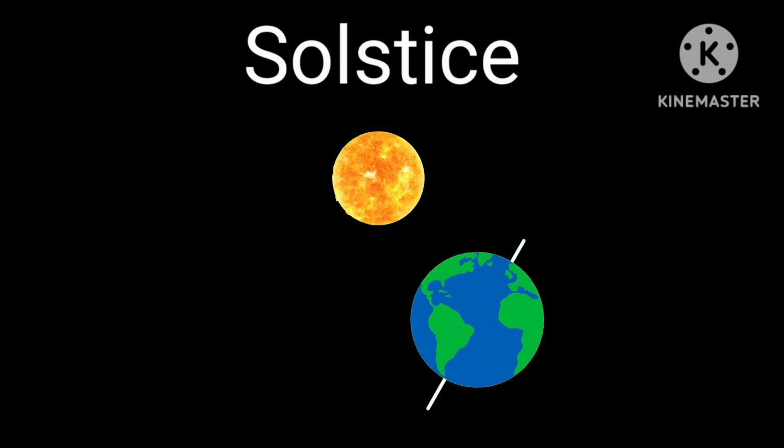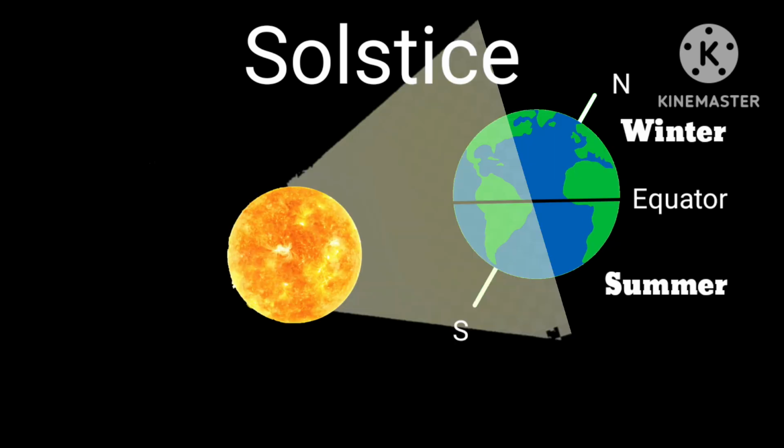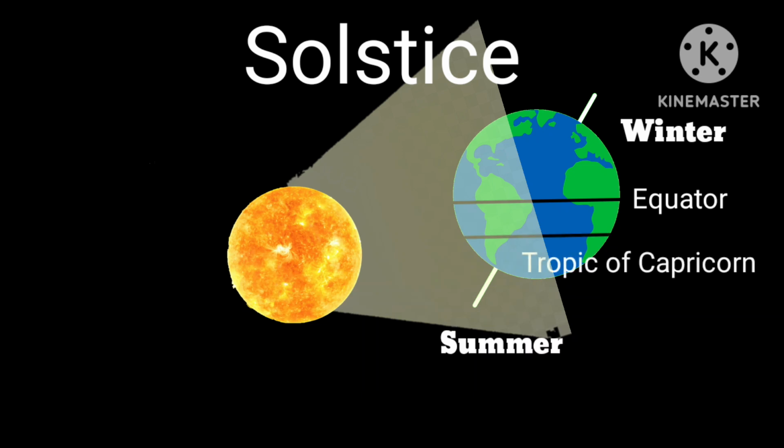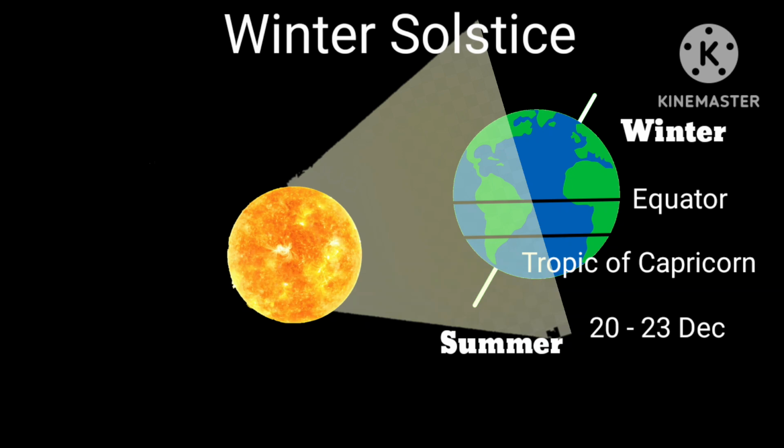Now, from here, when the Earth moves ahead, it reaches a point where the North Pole faces away from the Sun and the South Pole faces most towards the Sun. During this time, the Sun is directly above the Tropic of Capricorn. This happens between 20 and 23 December, and it's the winter solstice for the Northern Hemisphere, and it's the longest night